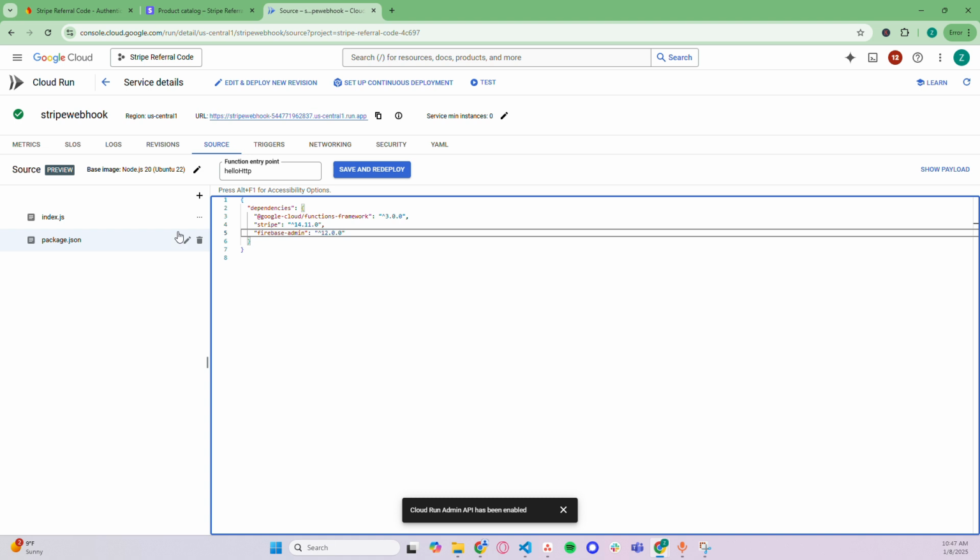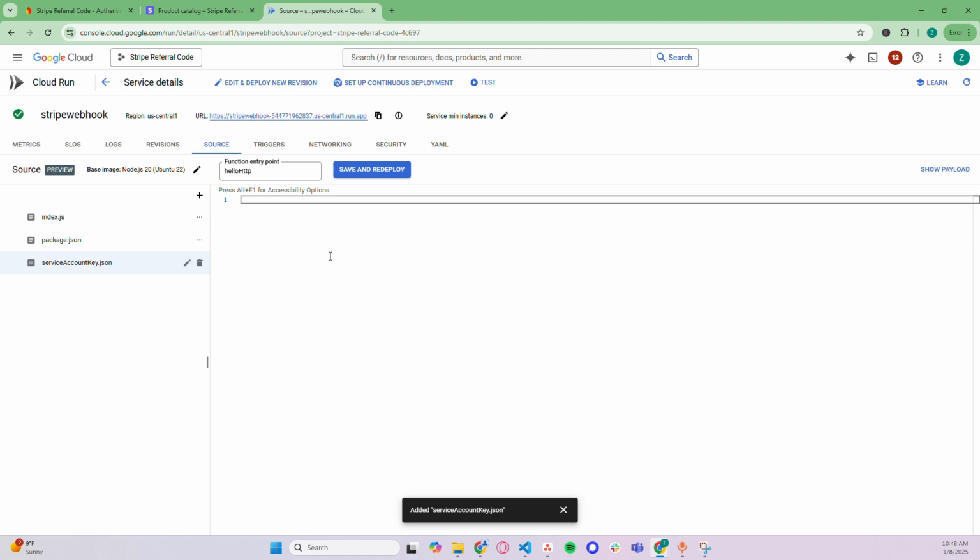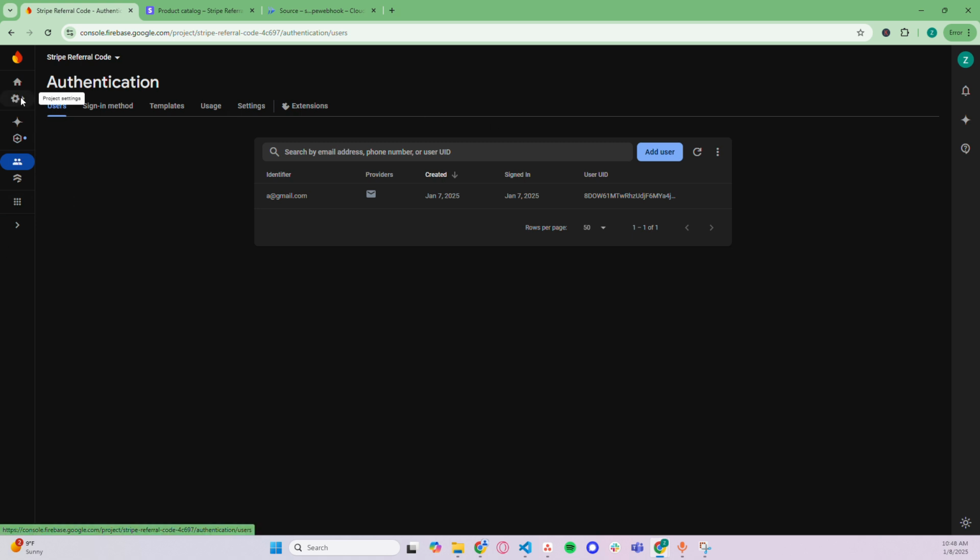And then what we're going to do is add another file here. We're going to call it service account key.json. So what this service key is going to do is allow us to edit documents for our users, be able to edit the amount of money they have in their accounts. So here we have to go back to our